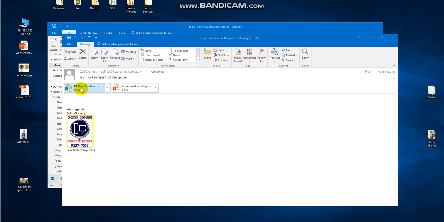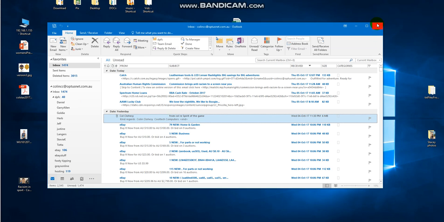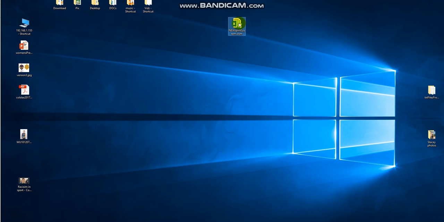So when you receive the email, just get the spreadsheet attachment out and drop it onto the desktop, and once it's on the desktop then we should be able to open it up. So let's open it up,